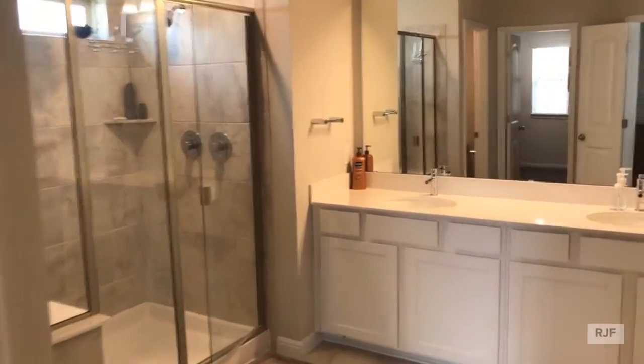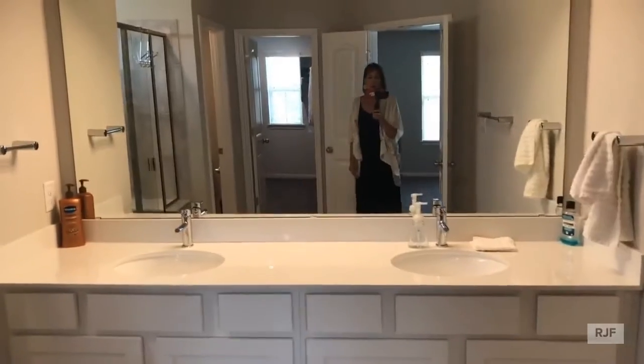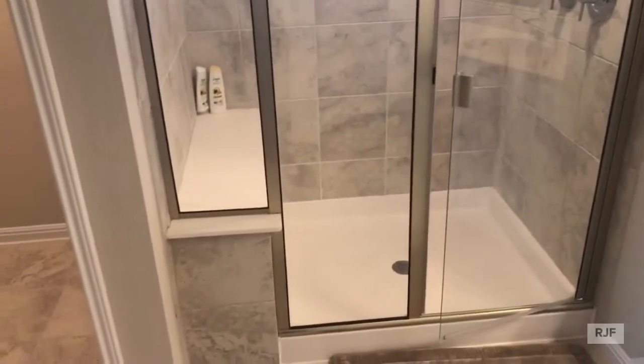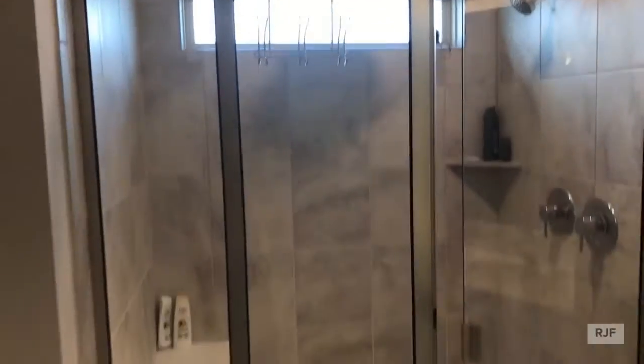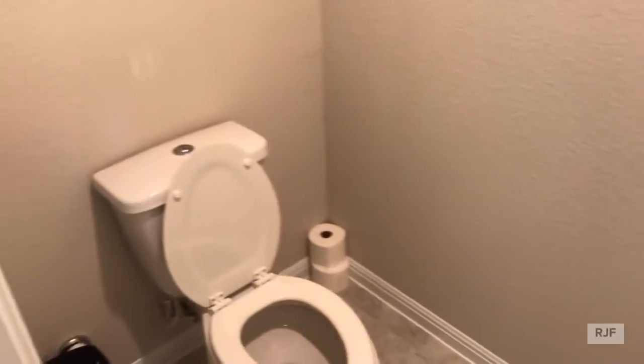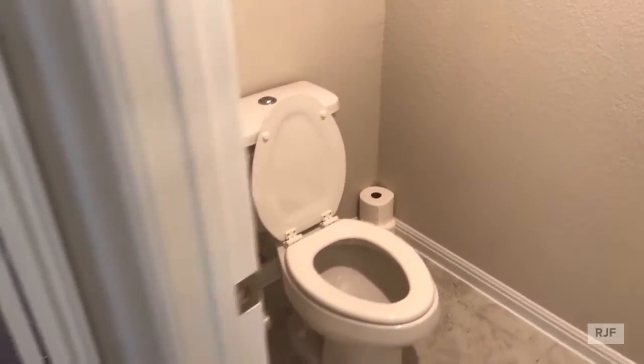The ensuite bath, again, is beautiful. Double vanity, white cabinets with quartz countertops. There is a walk-in shower with tile surround with a bench and a rain shower. Again, there's tile on the floor in the bathroom. Then we go into the water closet, which is a good size. And then finally, the master closet in the bathroom,